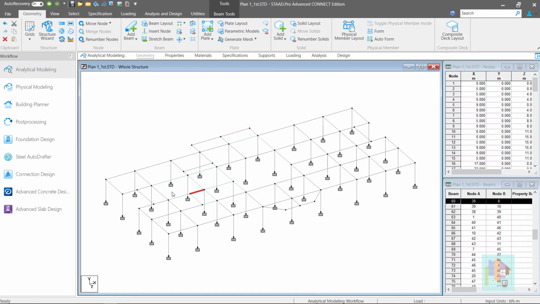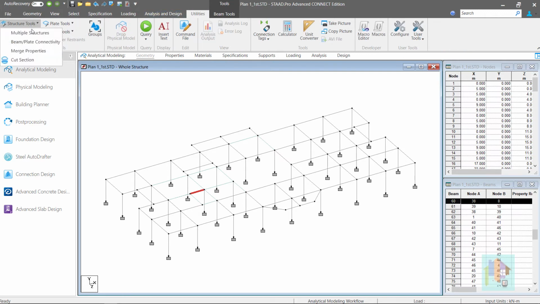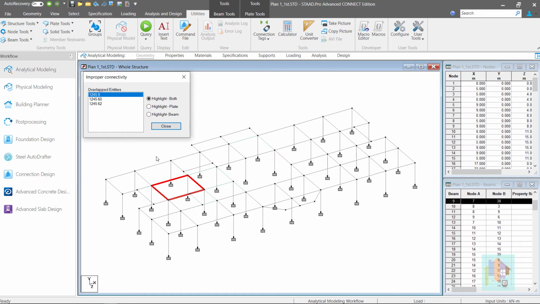This is known as beam to plate connectivity issue, and if you go to Structured Tools, Beam Plate Connectivity tool, this problem will be highlighted. See, there are three connectivity problems with this plate, as these beams are not connected through a common node. At this junction, beam and plate will behave as an individual element, not as a monolithic entity, which is not